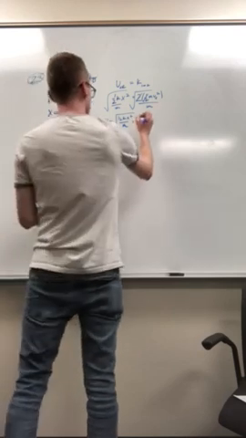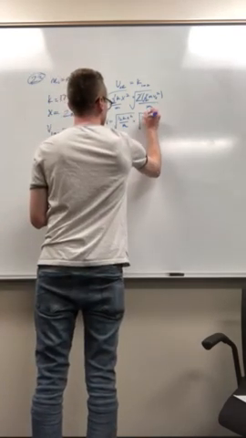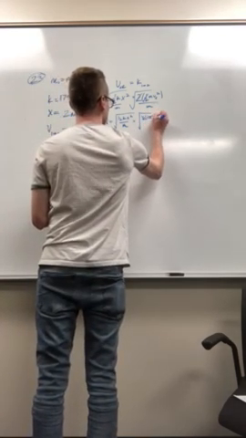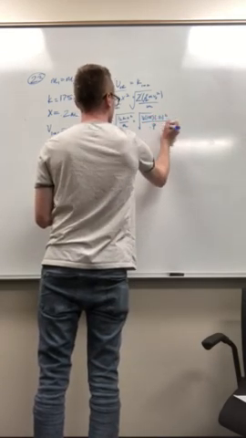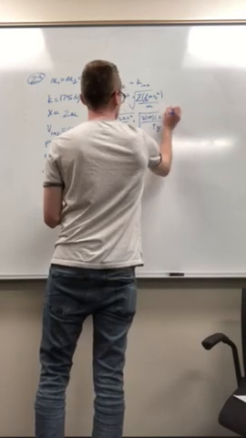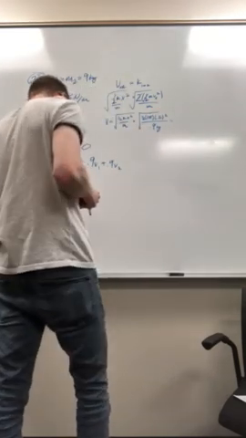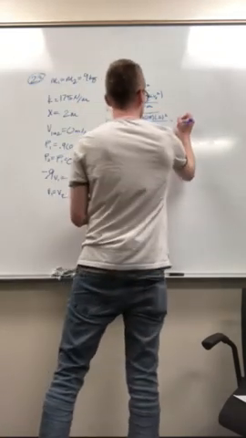To plug in for those, we have the square root of 1/2 times 175 times 0.2 squared divided by a mass of 0.9 kilograms. That gives us a speed of 1.97